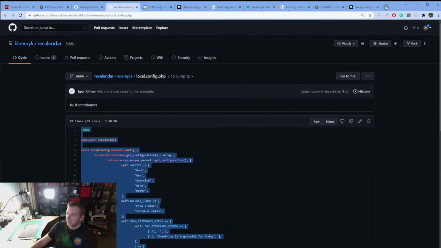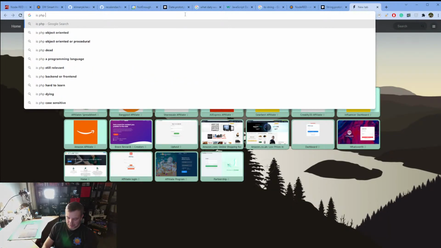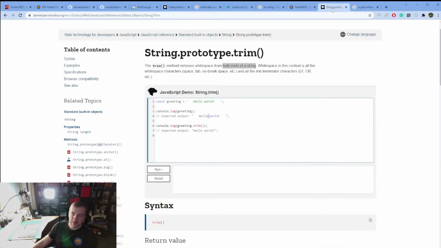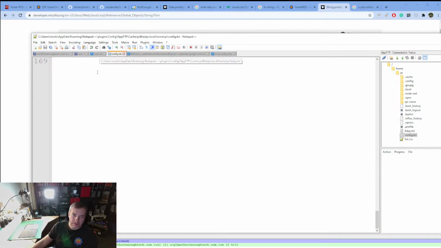Is PHP case sensitive? No, not case sensitive. Whitespace insensitive. Okay. So we only have a bracket problem in there, which we'll be able to quickly identify from the config